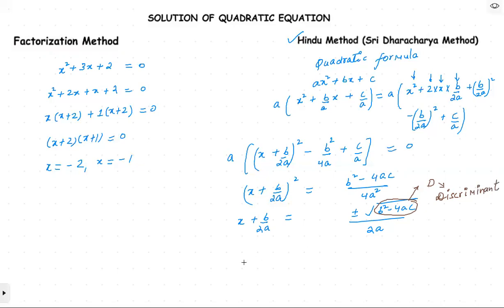So finally what we can say is we are having x equals minus b plus minus root d divided by 2a. तो यही क्या है आपका क्वाड्रेटिक फॉर्मूला और the Sri-Dharacharya formula, right? So this all of you should remember. So now we'll talk about nature of roots and all those things a little later. So with this, having found the solution of quadratic equation, we will now move to relation between roots